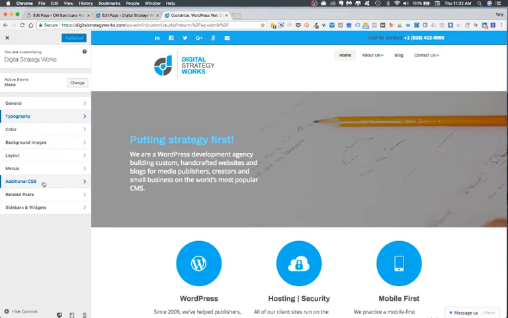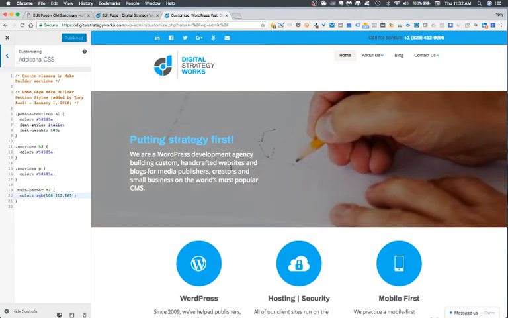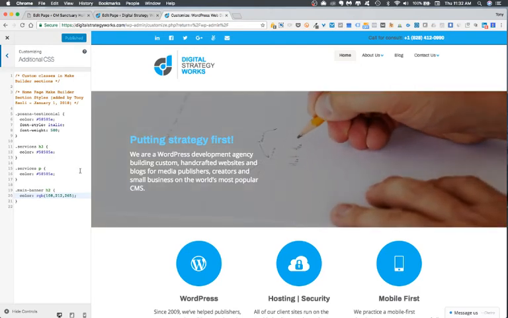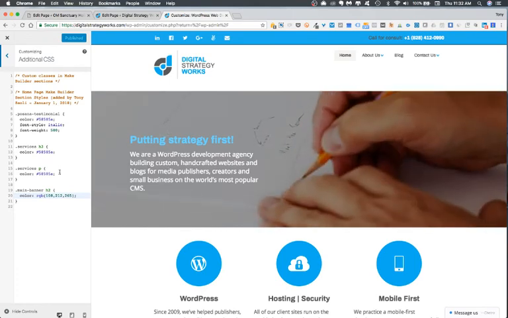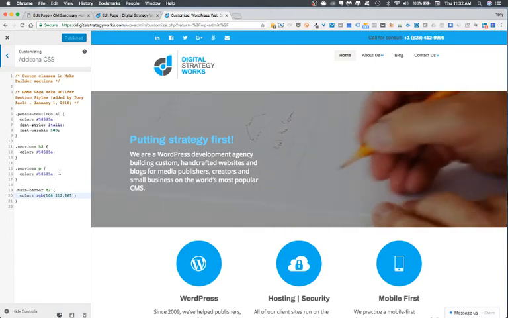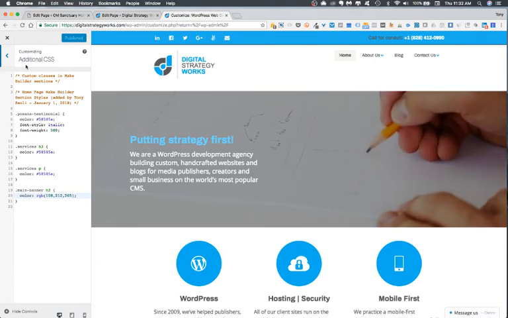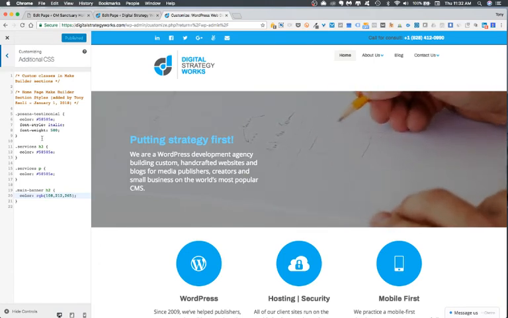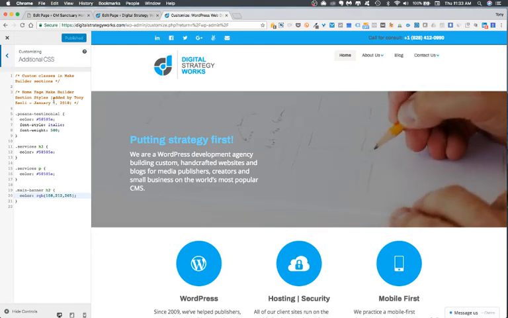additional CSS, which used to be something that was included in Jetpack, but now it's included in WordPress core, and anyone can use this additional CSS module to change the styles that are presented on their site right here in additional CSS, and see those changes take place in a preview mode instead of using a child theme. So in some ways, we are getting away from child themes, and we are using this additional CSS module, and we are going to try to keep all of our enhanced styles that overwrite the theme's primary styles in the